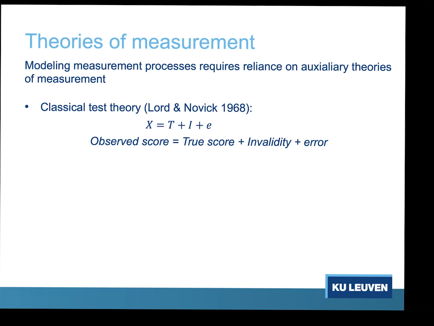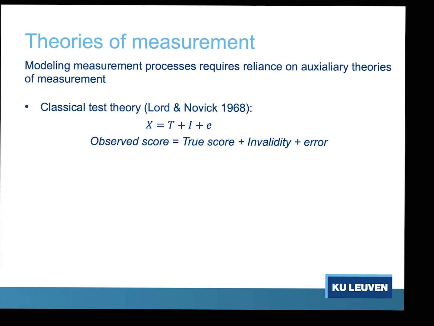Right? And so the idea here is that we observe certain things. For example, we observe a response on a survey item, but what we observe never completely matches what we want to measure. What we really want to measure is the true score, and you could say it's a bit more philosophical a concept because it's very hard to get at. But it's important to realize that the true score is always contaminated. There are always sources of systematic bias creeping in, invalidity. There are sources of random error creeping in, error here.